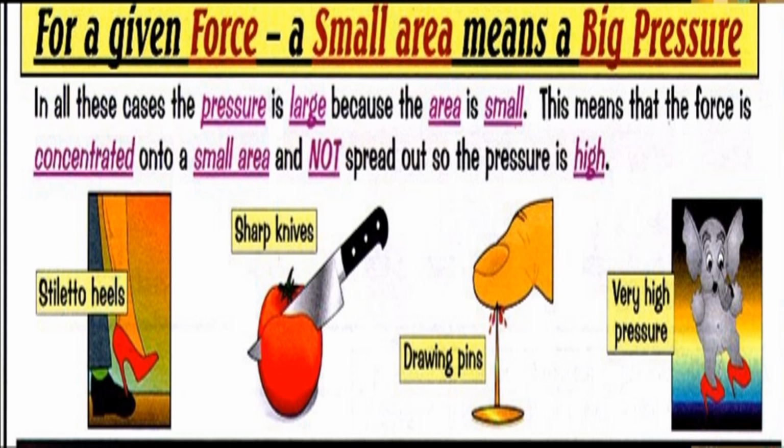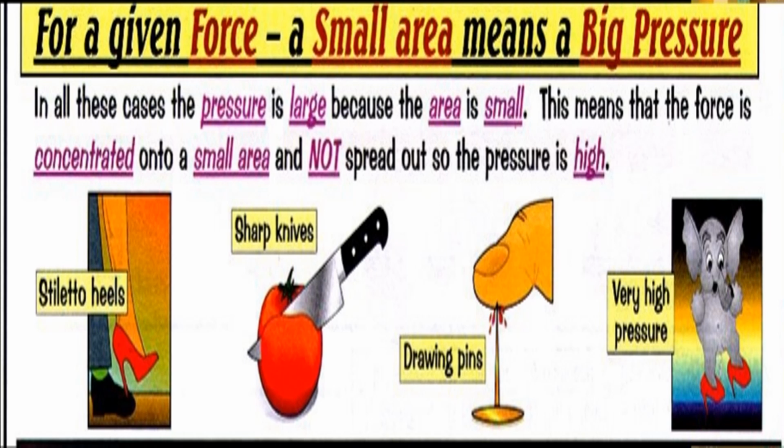In the previous case we have learned, children, nails, a man is lying down on a nail bed. Why is it not piercing inside that man? Because there is a large surface area. Children, there is large area, so in that case there is less pressure. But here there is only one pin, so it can pierce inside the skin very easily. So small area means big pressure. Decreased area means we can say it is having high pressure.